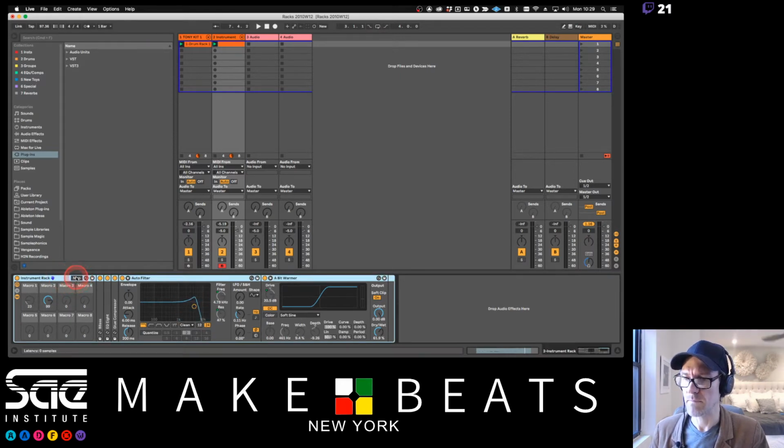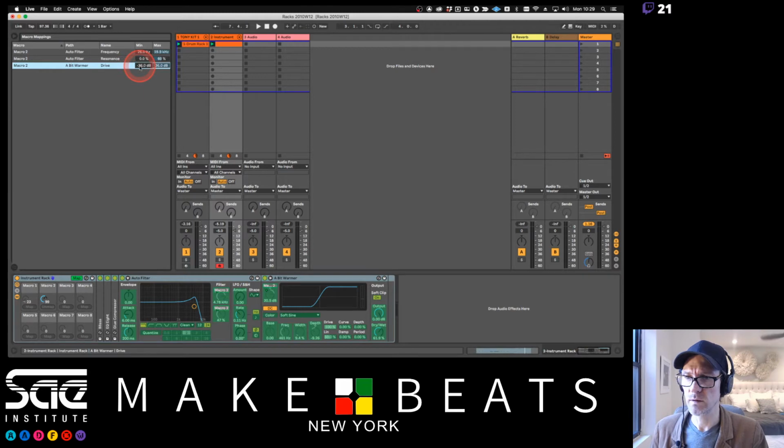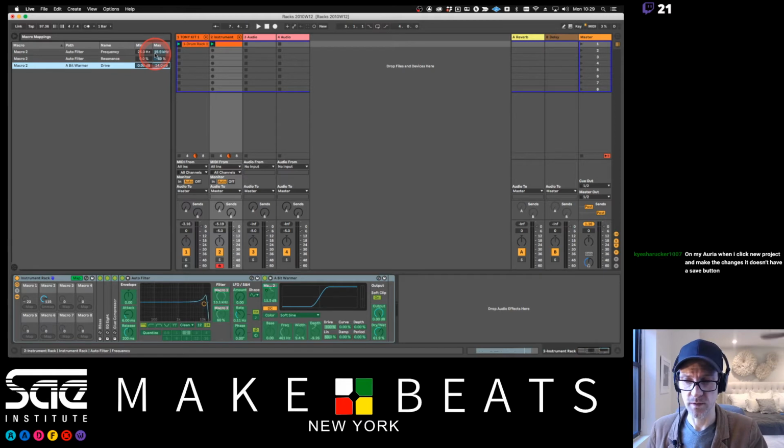But I want to click on my map button here to make it so it's only going down to, let's have it so it goes reversed. Let's try it like this first. So I'm going to set this one to 14 dB and this one to 0 dB. And this is basically the minimum and max are constraining it so it's not going all over the place. So you can see here,